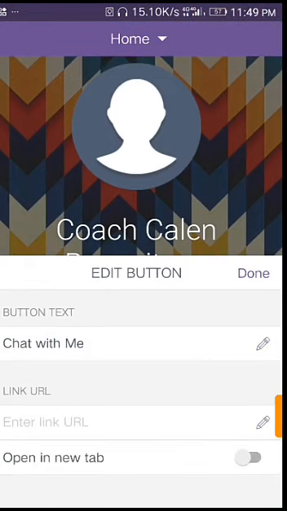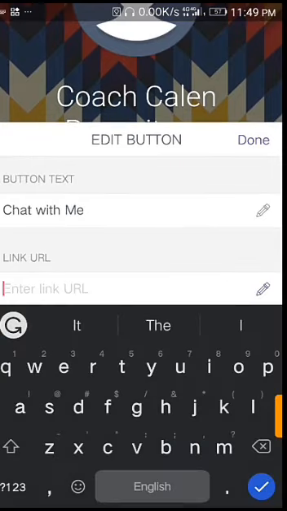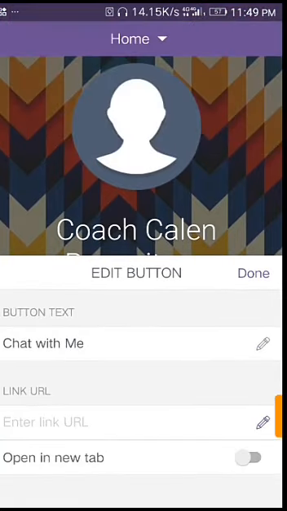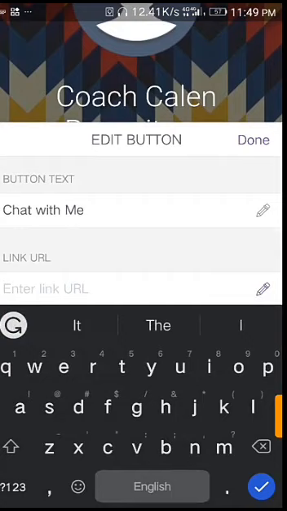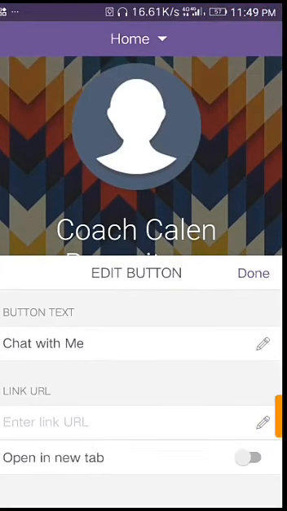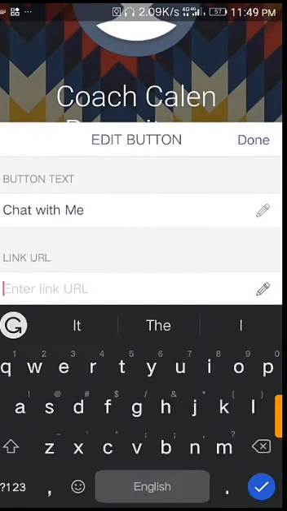And I'm going to link it to my Facebook page Messenger, so that when people click, it takes them to the Messenger section and they can send me a quick message. So that's this link URL. If you're using a different messenger app like WhatsApp, Talk.to, or Telegram, you can just put your Telegram link here and it will take them there. So I'm going to use my Messenger link,